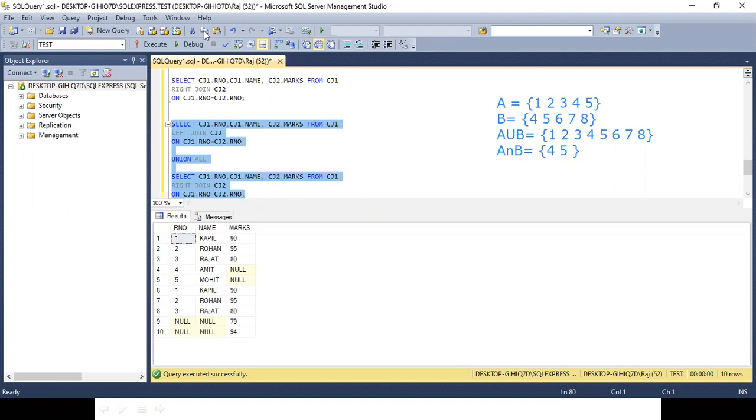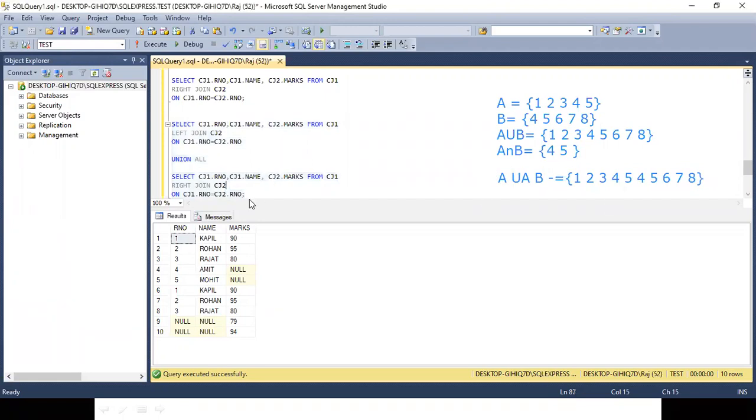In the example which I gave you, if I say A union all B, then what will be the output? All the elements, whether repeated or not: 1, 2, 3, 4, 5, 4, 5, 6, 7, 8. So this is union all.